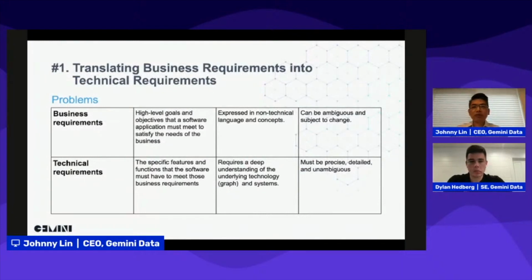Translating business requirements into technical requirements, because fundamentally when you're introducing graph capability into the organization, you will need to decide where you want to apply graph within the organization to solve a certain business problem. But this time, compared with the traditional approaches or solutions, besides identifying the business problems, translating that business requirement into graph technical requirements is very different.